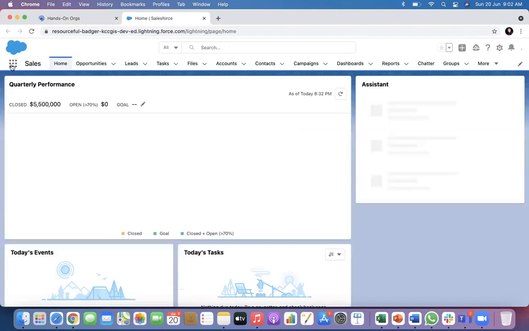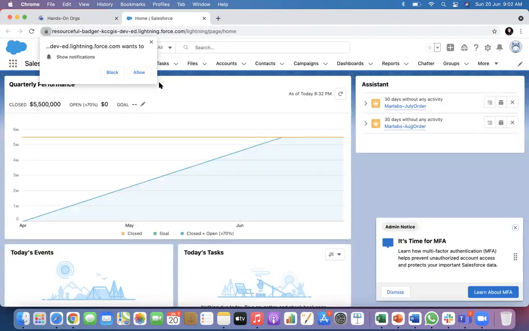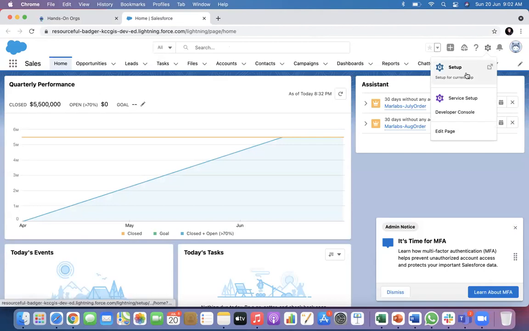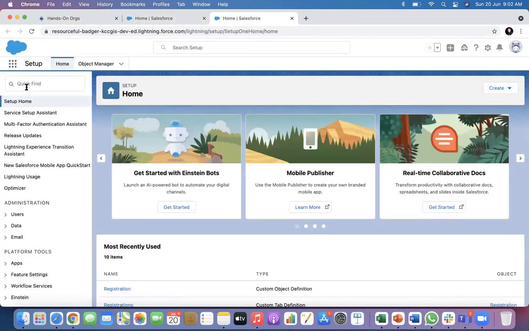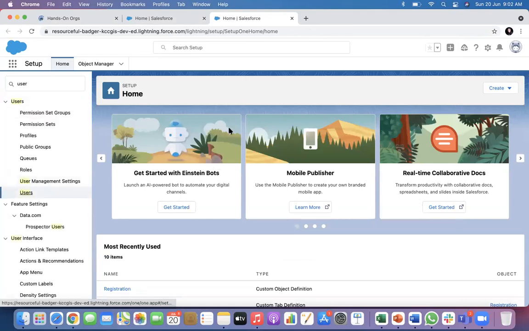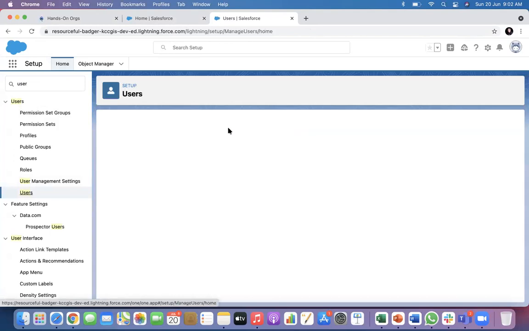So in this default playground, this is a development edition of Salesforce, which is free. If you go to Setup, you will see under Users that your user is already created by Salesforce automatically.